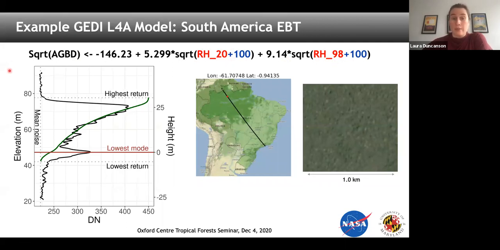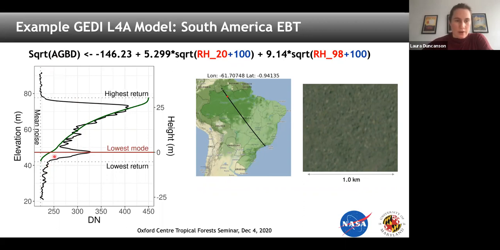These are simple parametric models, largely because we had a constraint on us that for our gridded product, we need to be able to propagate the uncertainties through our models to our gridded estimates. And that can be done for these parametric models, but not yet for something like a machine learning algorithm. So here, it's this very simple model, RH20 and RH98, and here's an actual on-orbit waveform from the Brazilian